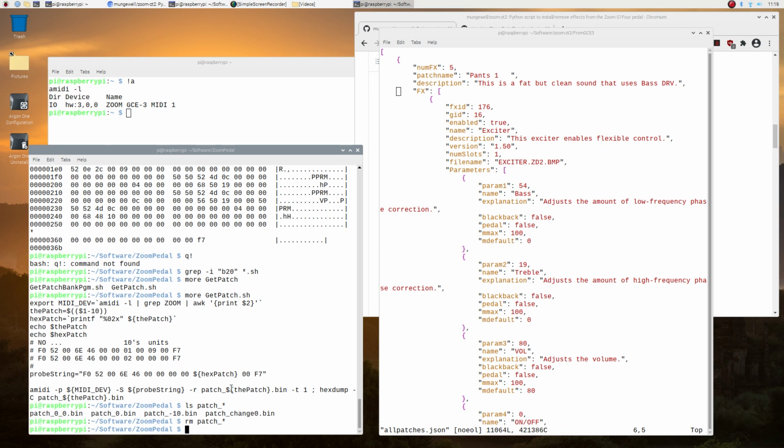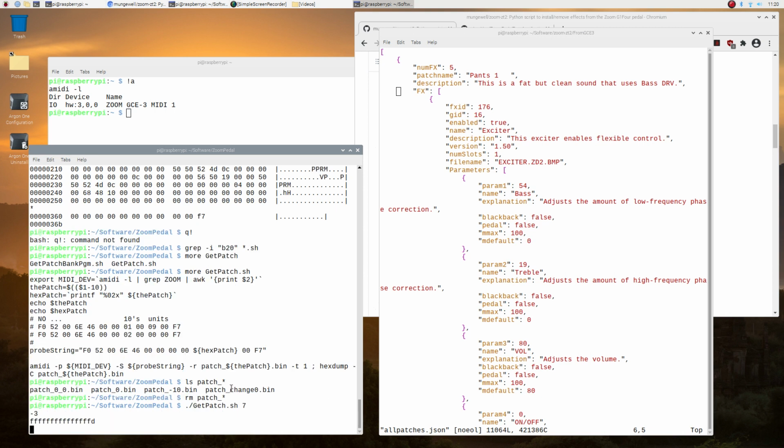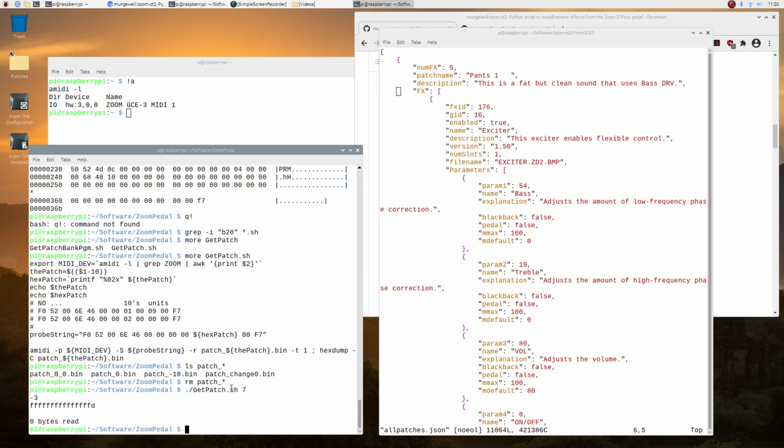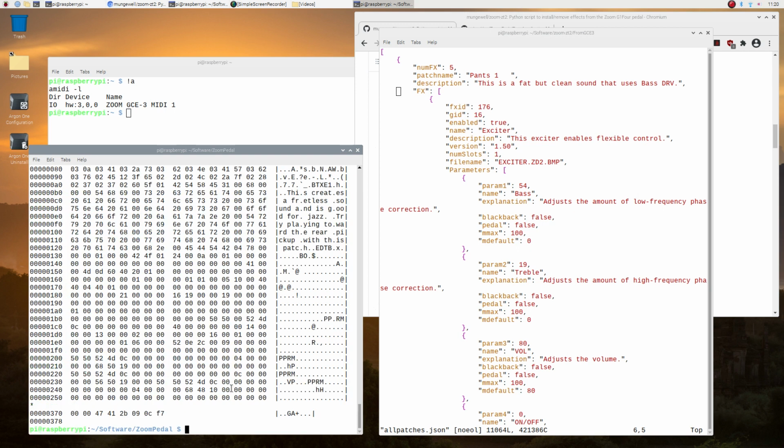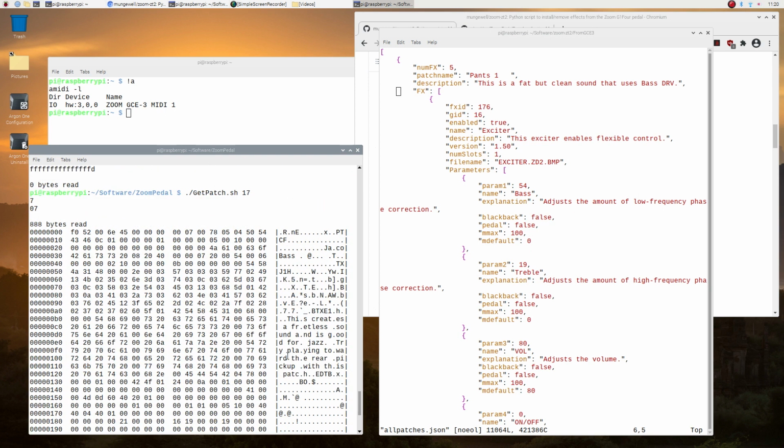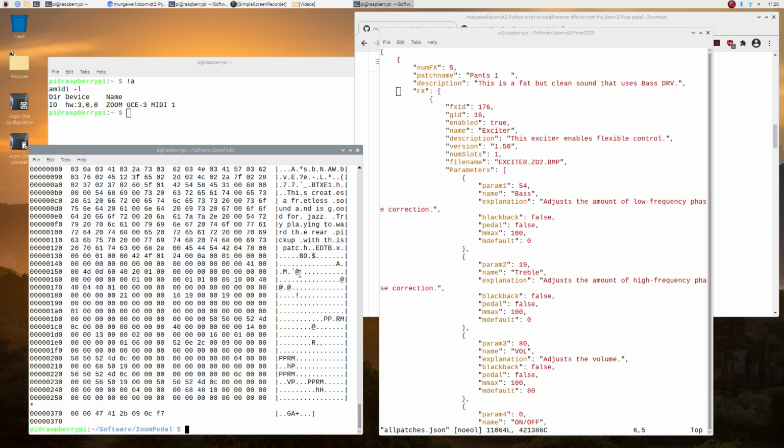Good. Right. So now if I say to it, get patch shell, and I think 7 was Pastorius, Jacko rather. Let's see if we can get that. Okay, oh no, of course it's not 7, it's 17 on your pedal, isn't it? That's the physical value. Right. So there we are, Jacko. And I think 3, so 13, what was that?